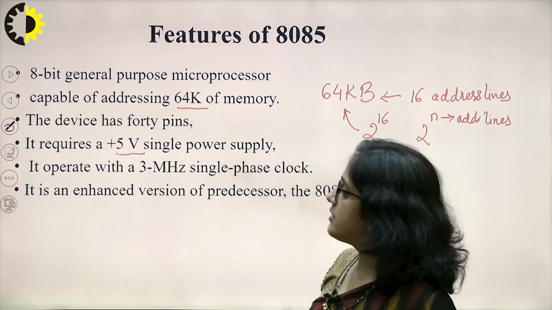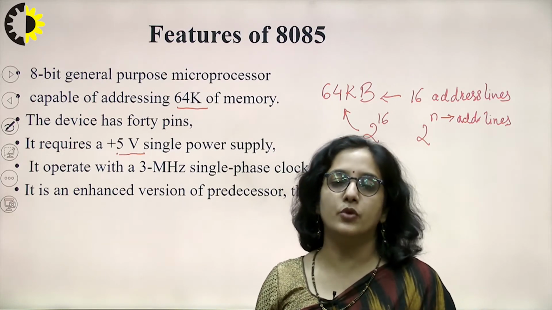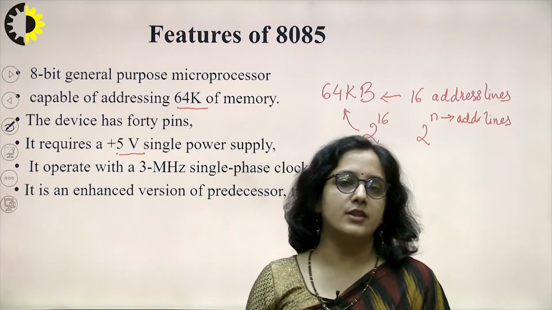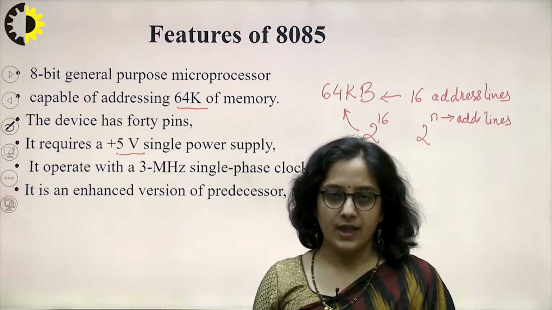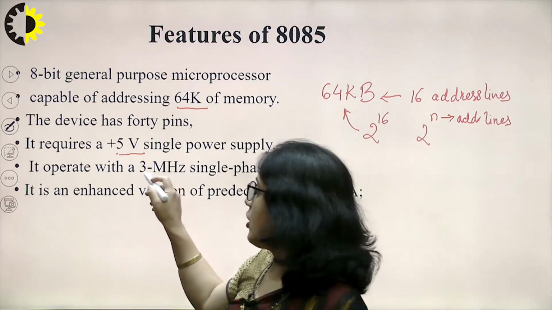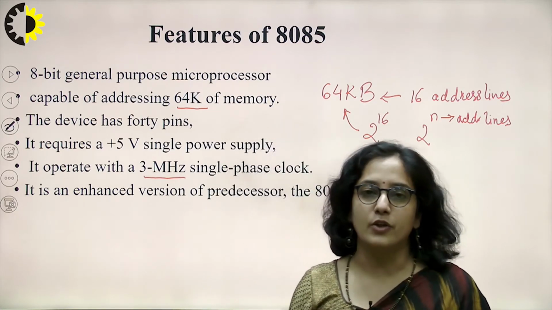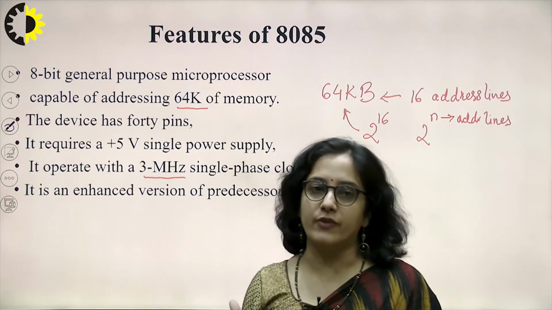The microprocessor is a digitally programmable, synchronized device. So it needs a frequency, or we can say a clock signal is required, so that it can perform the task in a synchronized manner. To have that, it needs a clock frequency of 3 megahertz. When we say that a microprocessor is fast or slow, it depends on the speed, the clock frequency.